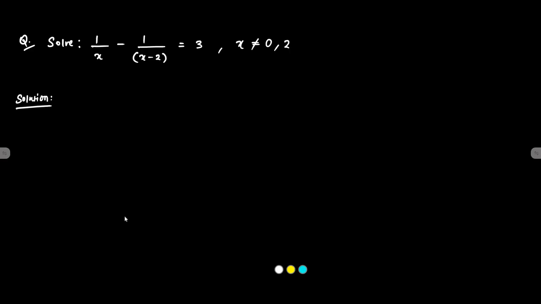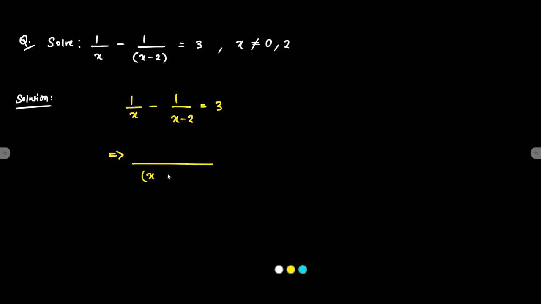We have handled questions like this previously also, in factorization and completing the square method. So first we have to convert it into quadratic equation format and then we'll solve it using the quadratic formula method. Here first we'll write the equation that is given: 1 by x minus 1 by x minus 2 is equal to 3. So here that implies